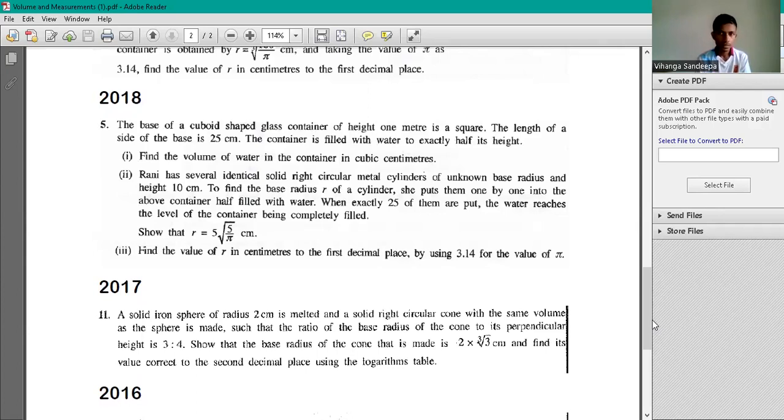Then second one, Rani has several identical solid circular metal cylinders of unknown base radius and height 10 centimeters. To find the base radius R of the cylinder, she puts them one by one into the container half filled with water. When exactly